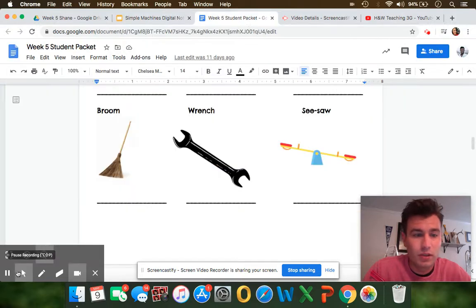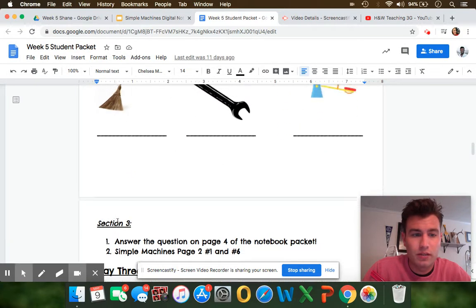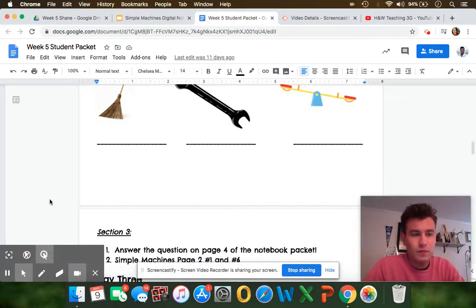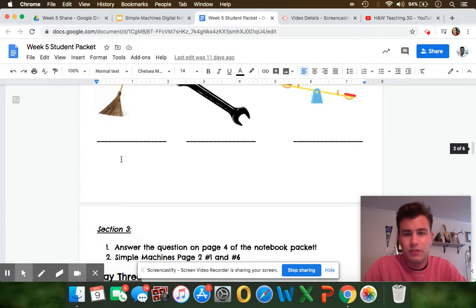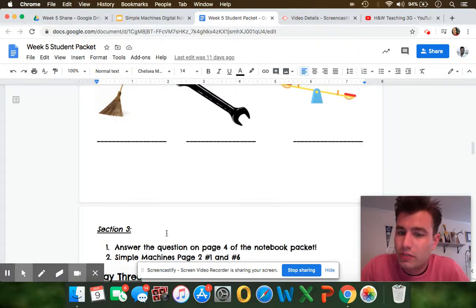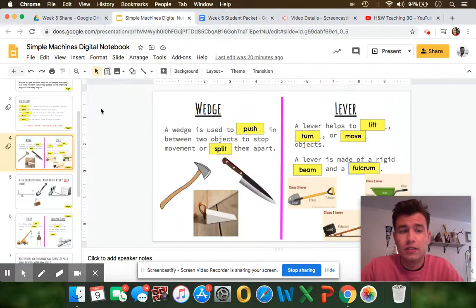So I'm going to pause it for a second while we take a look at section 3. Okay, section 3. We've got two things to practice and review before we finish up for the day. The first thing is to answer the question on page 4 of the notebook packet. I'm going to show it to you. You're going to go into your actual notebook packet and choose this